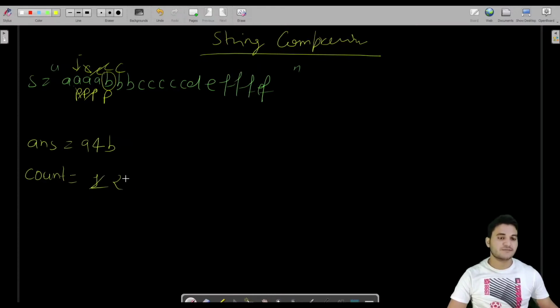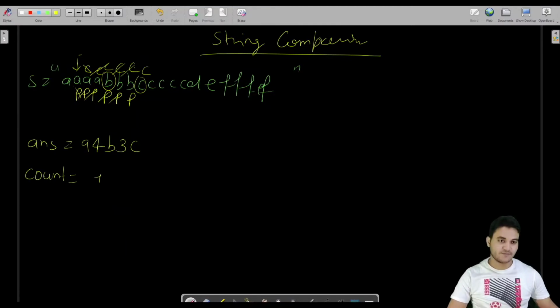Then we'll update this, and we'll update the B pointer and the C pointer. If again both of them are the same, B and B are the same, then we'll again increase this. Now the counter is 2. Now again we'll move the counter and current, and we'll again move the previous one. If current and previous are equal, no, it is not, then what we'll do, we'll pick up this counter, append it into this, and along with that append this current character also, and reset this pointer to 1 again. I hope it is clear to you now.